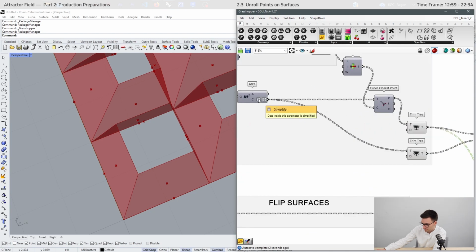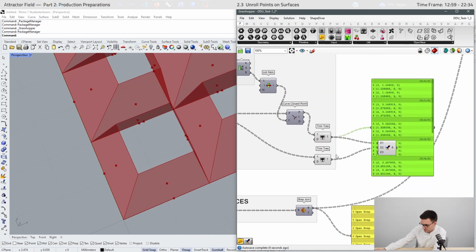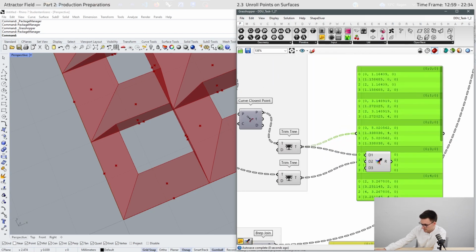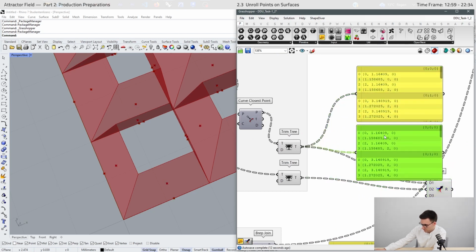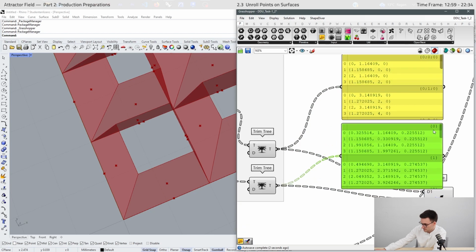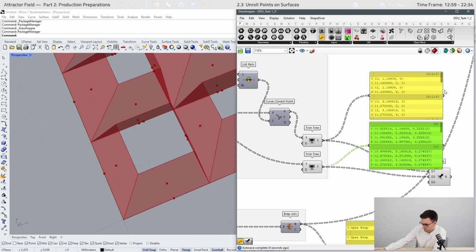Okay, here we have used the simplify component, and therefore the path names, I will just call it like this, are not correct. So here the path consists of only 1 number, and here we have 3 numbers.